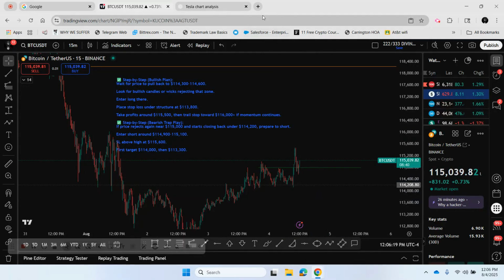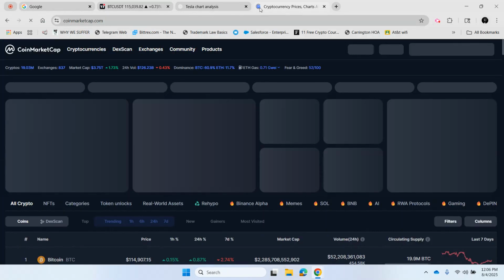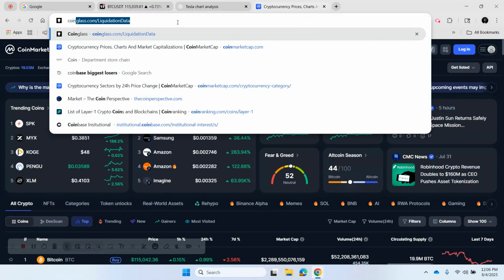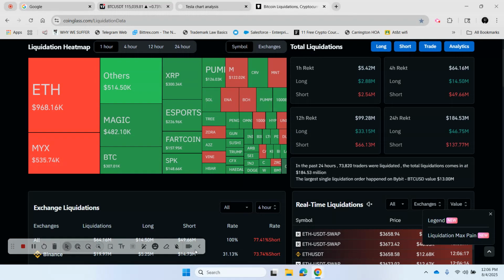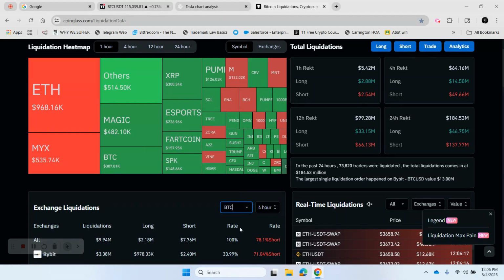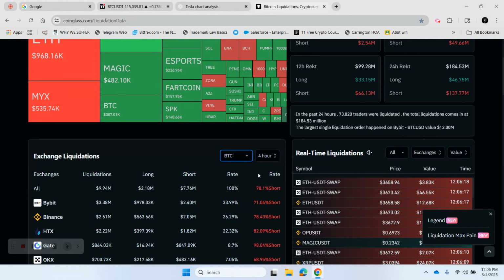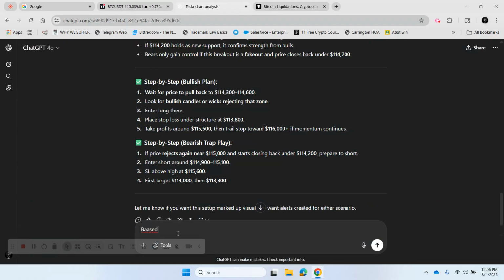So you've got a lot of people probably trying to short in here. Now let me do this. Let's look at CoinGlass. I'm sorry, the CoinMarketCap, CoinGlass. All right, and then I can maybe do something like this. Let's go down to liquidations, go down to Bitcoin. All right, and then I can say, okay, based on the 4-hour time frame,